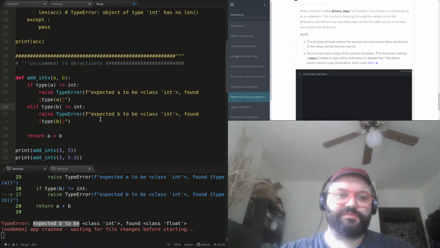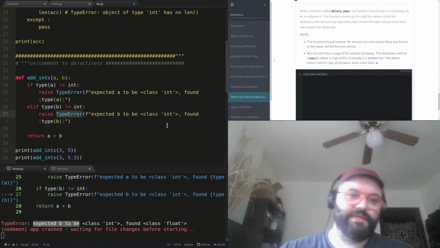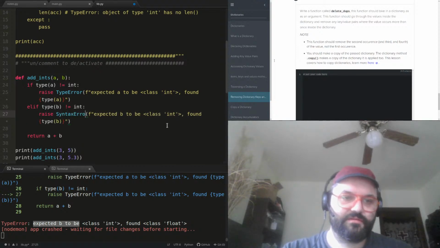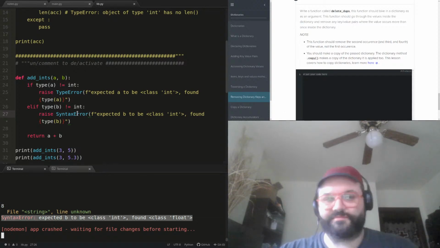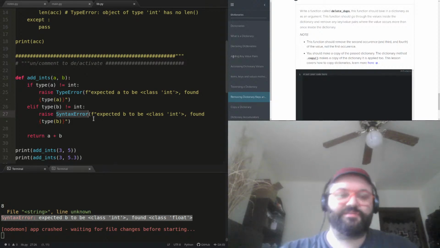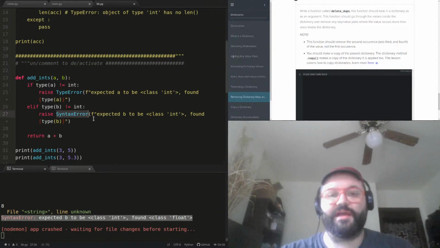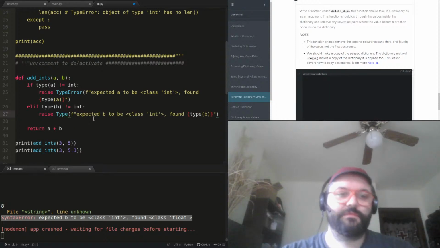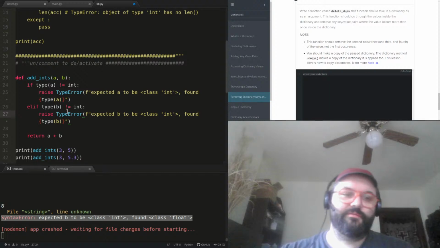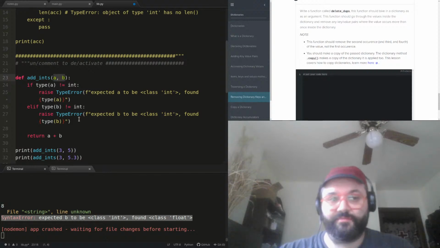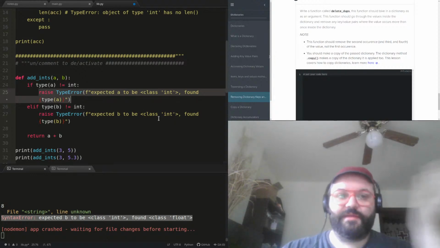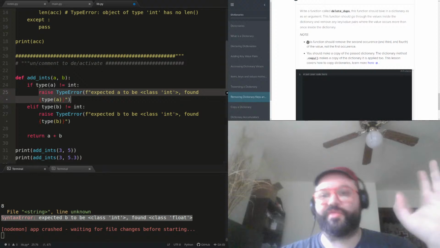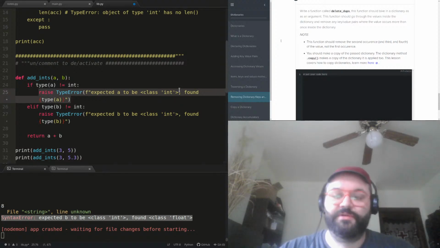So that's raising your own custom errors, and you can raise any type of error, syntax error. We can make that a syntax error like that. It's not really a syntax error because it doesn't have to do with improper syntax. It has to do with one of the types in here not being what it should be according to the constraints I have on this problem. So it can be really useful to raise your own errors, and that can enforce limitations on what the function can and can't do, which can be really useful.